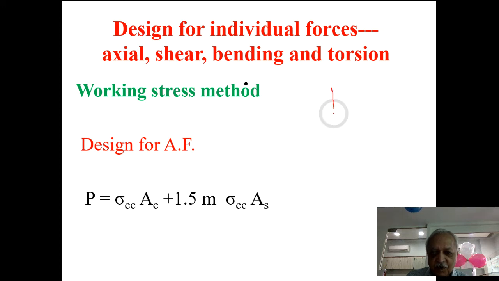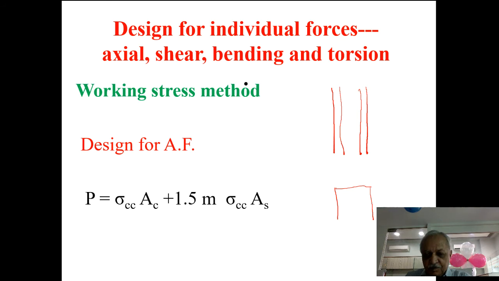I am showing the longitudinal view of the column. This is a column section, and there is a reinforcement here and a reinforcement there, and so on. If you see the cross section, I have got this simple column, and I have got this reinforcement. Now under the influence of the load that I am applying, they will deform equally.